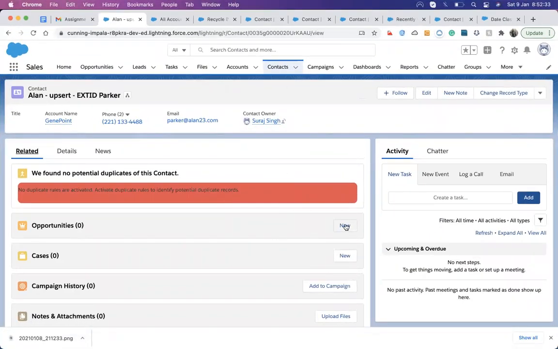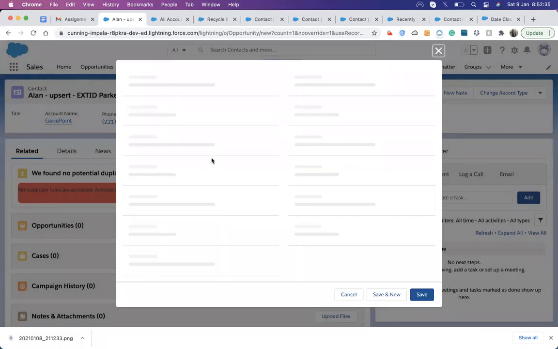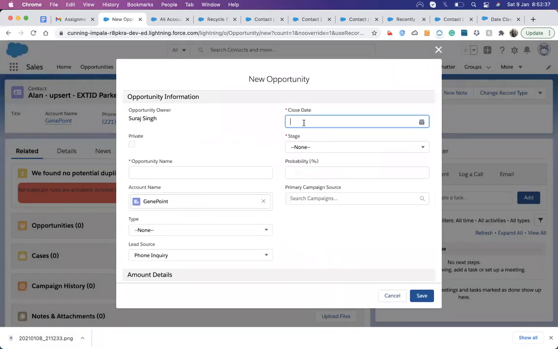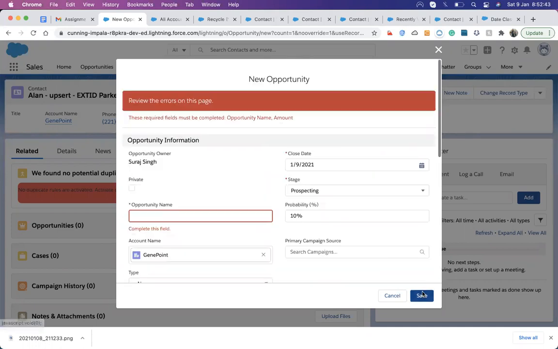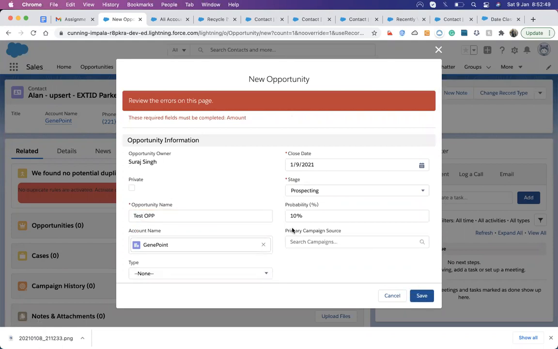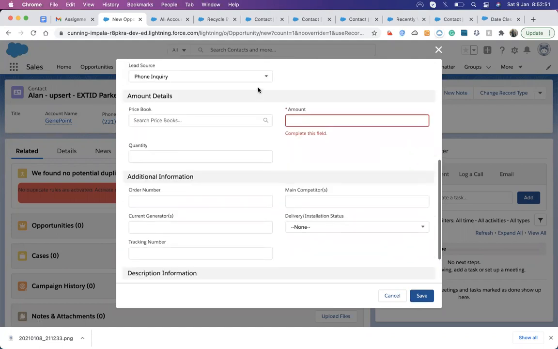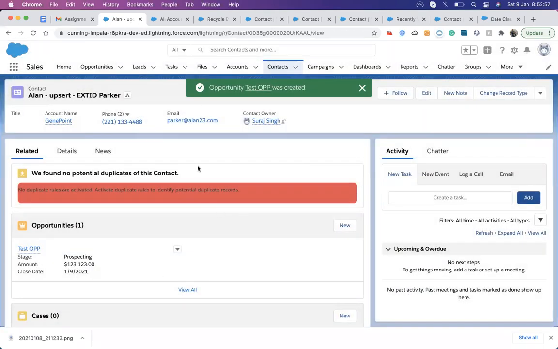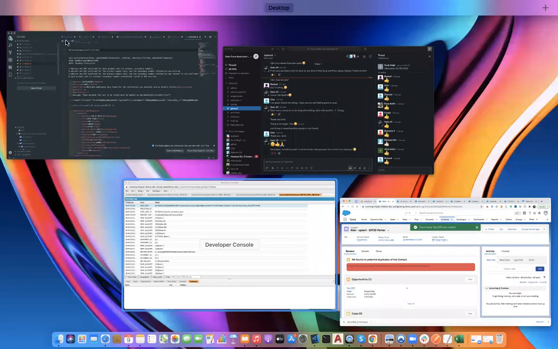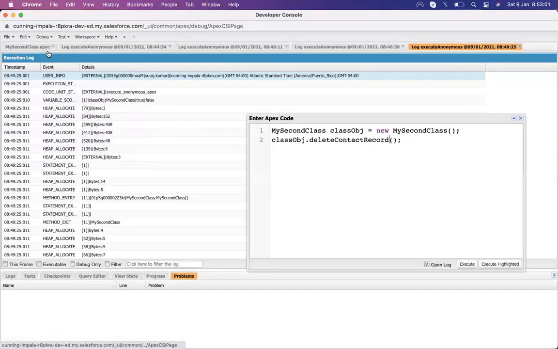Okay, so suppose I create a new opportunity related to this contact and save it. Now I'm going to delete this contact record.